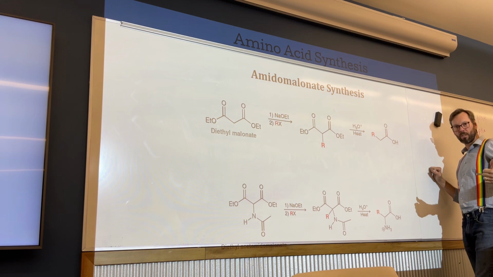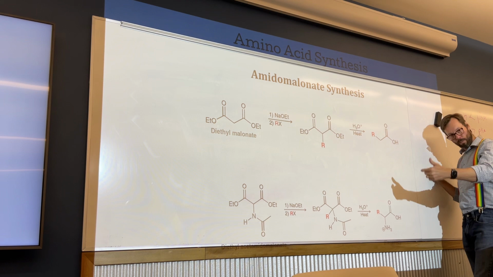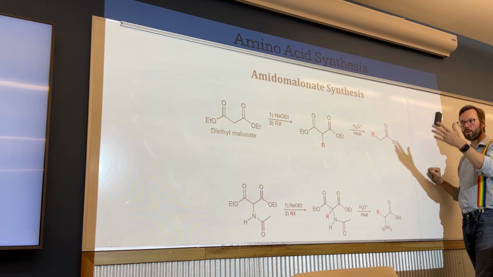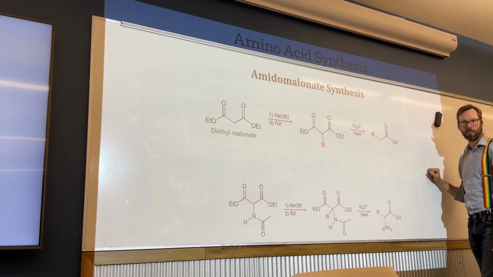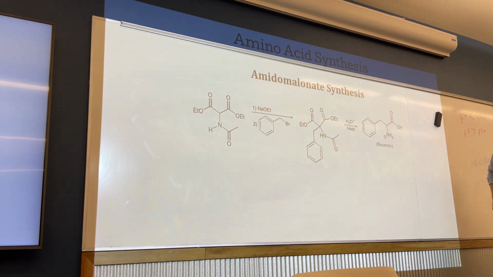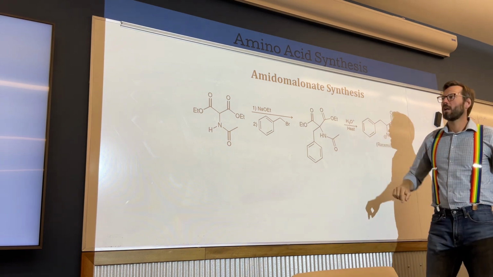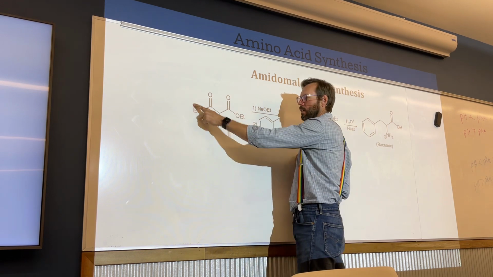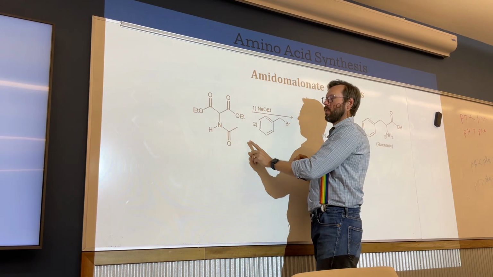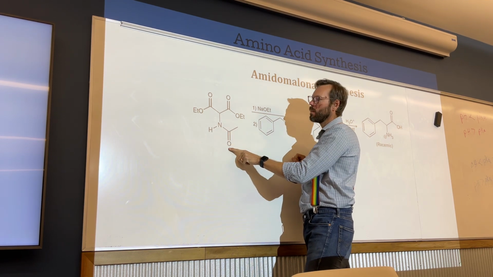So from an ester to a carboxylic acid with an amine group on it, then we put on the side chain, then we remove that malonate. And so, in this case, if we wanted to make phenylalanine, right? We would take our diethyl malonate group, and it has this, essentially this is the carboxylic acid, and